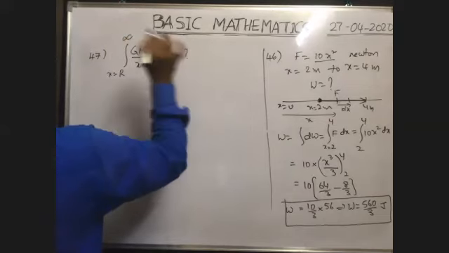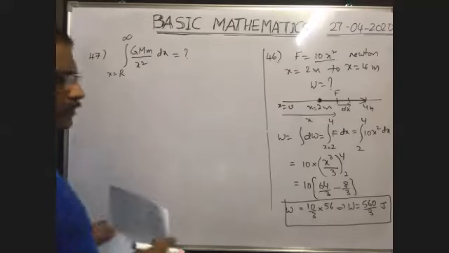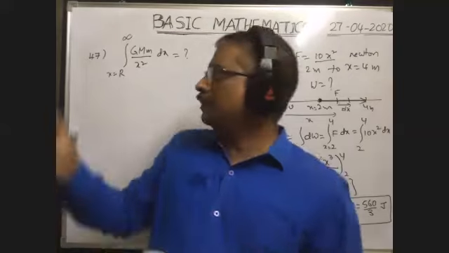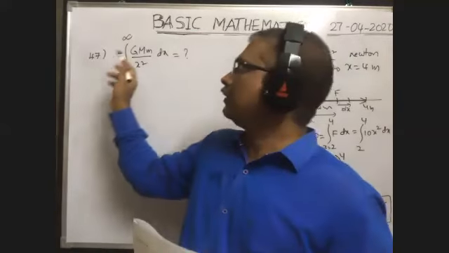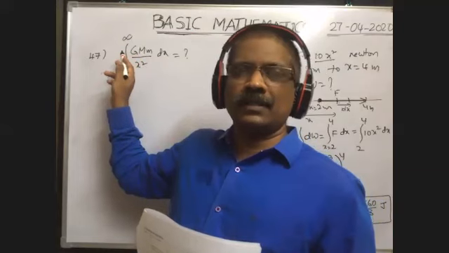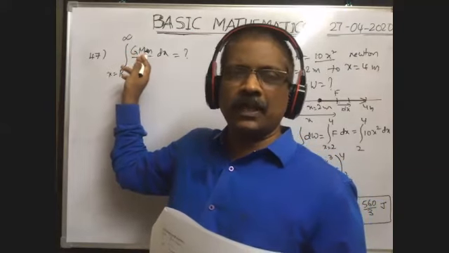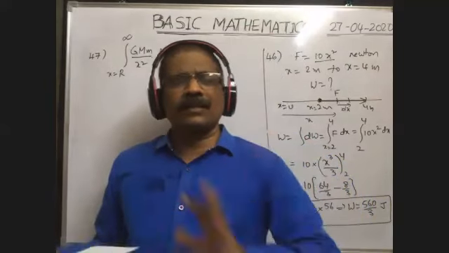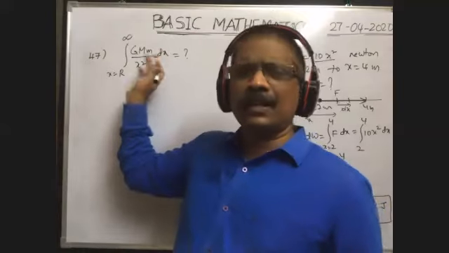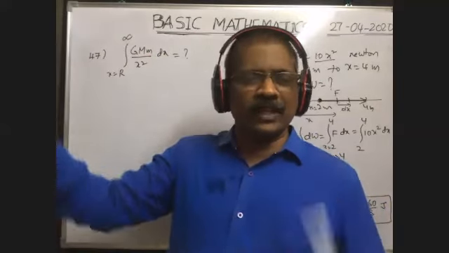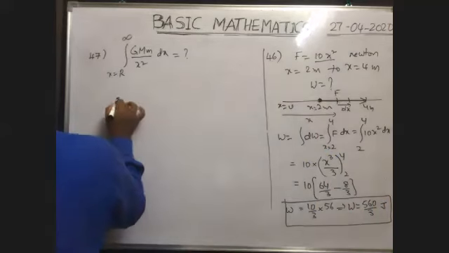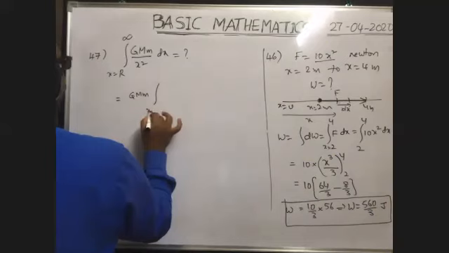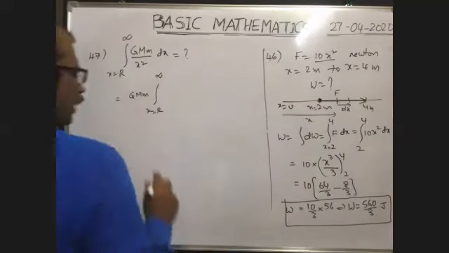What is this value? Here G, capital M, small m are constants. Actually, in case of a planetary system, we get this formula. Capital G is the universal gravitational constant, capital M is the mass of the sun, small m is the mass of the planet. Whatever the values, they are constant, that is given. That's why you can write them outside the integration directly. So this is equal to G capital M small m, outside, integral of x equal to capital R to infinity, 1 by x square dx.